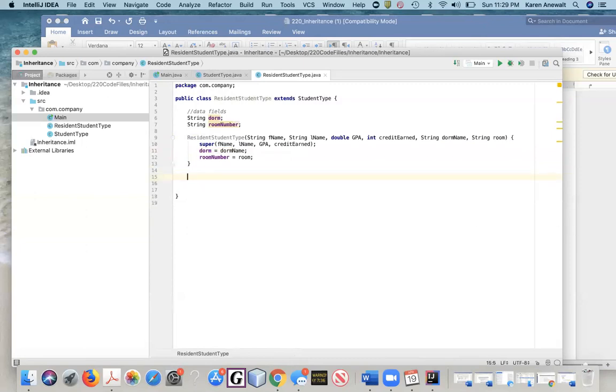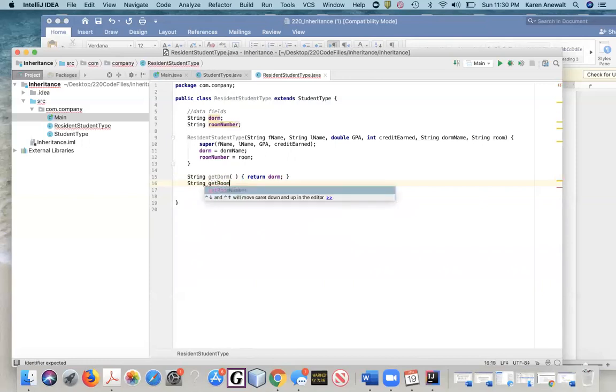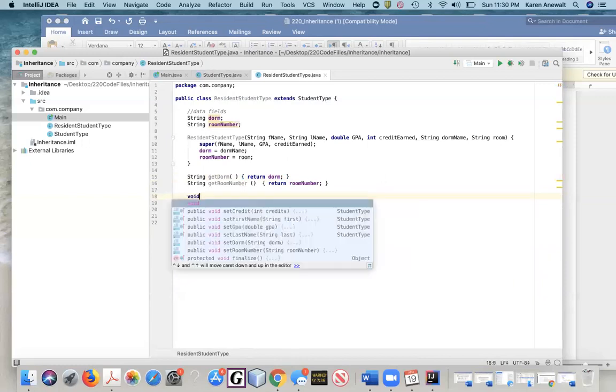Let's also add in our getter methods and setter methods. We want to be able to retrieve the value of the dorm. Get dorm. We want to return the value dorm. And similarly, we want to be able to have one that's get room number. So those are my 2 getter methods. And I also want to have my 2 setter methods